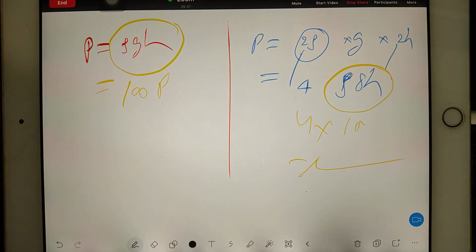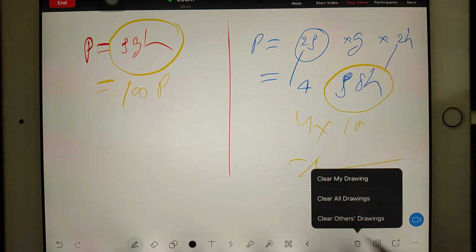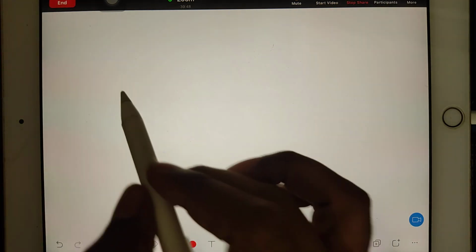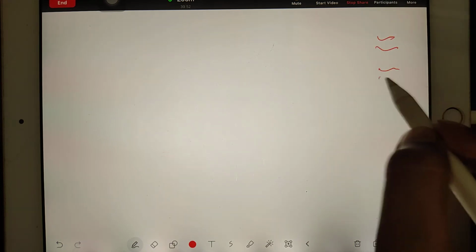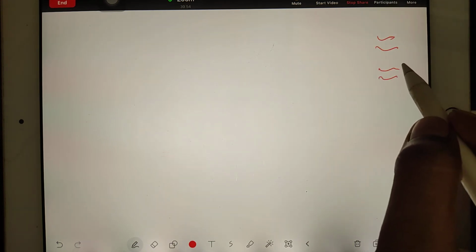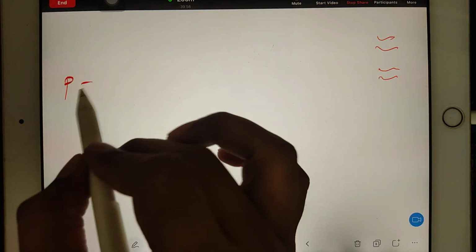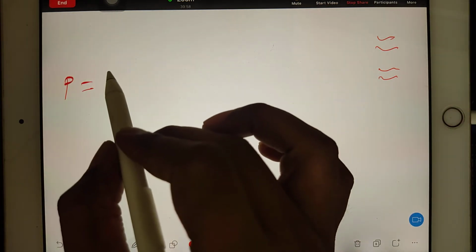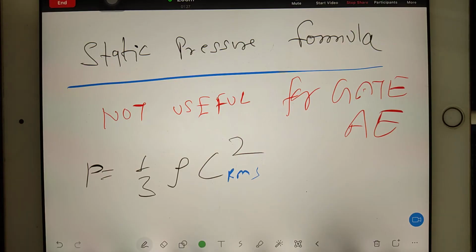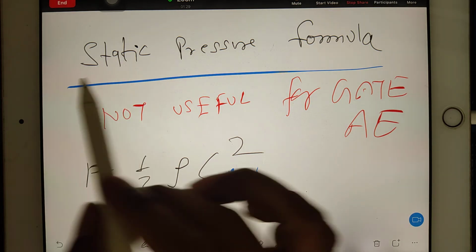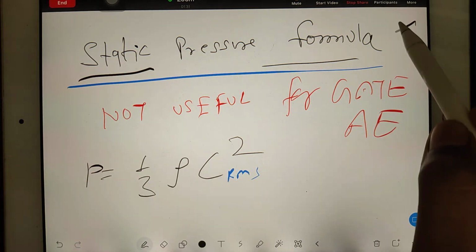Now our next topic is to understand. For your future reference, if you are doing your MS in energy or thermodynamics related subjects, then you should know there is a formula for static pressure also, but actually this formula is not at all helpful for the aerospace department. That formula is 1 by 3. Static pressure has its own formula, and this formula will help you when you are